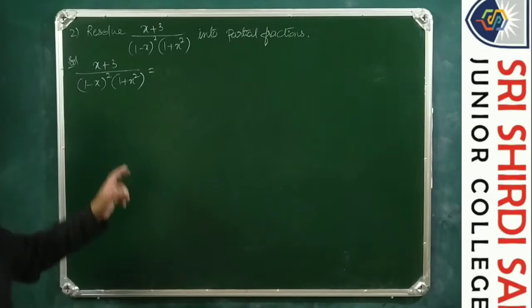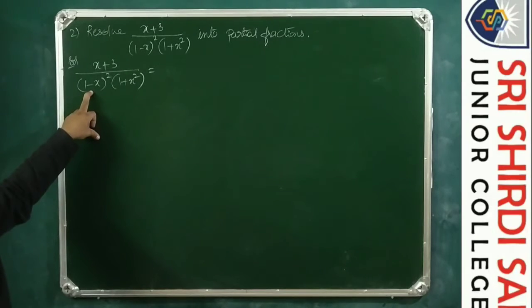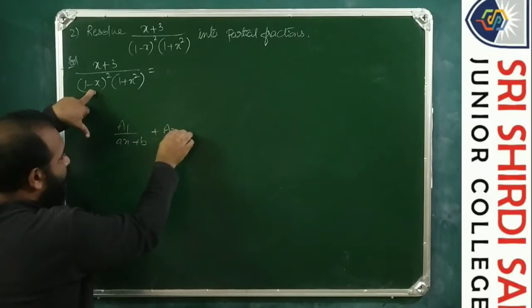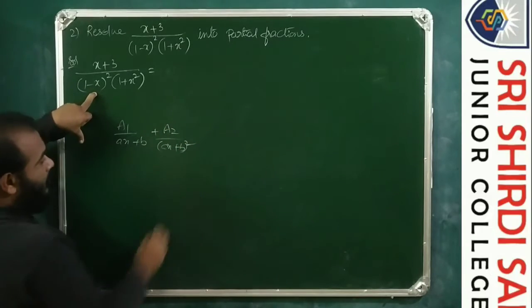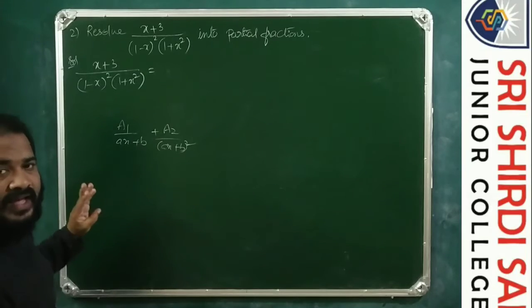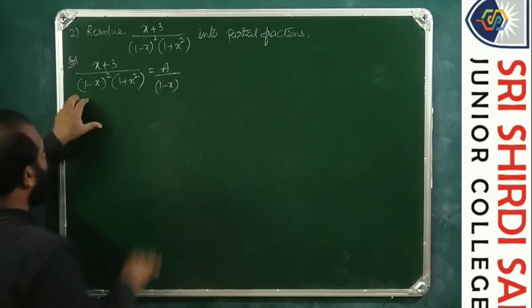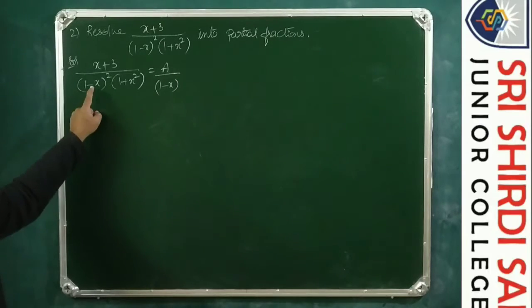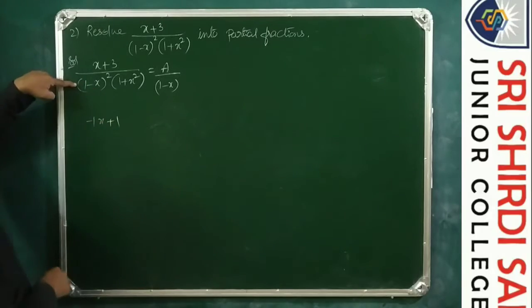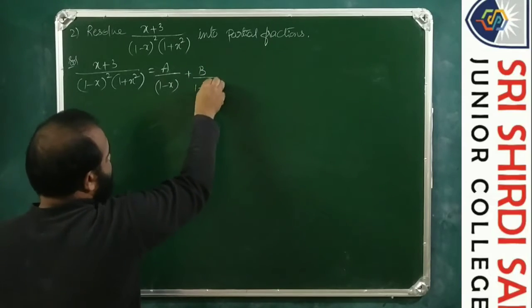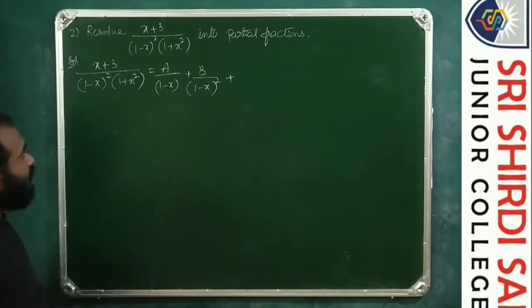For every repeated linear factor ax plus b of the denominator g of x, there correspond partial fractions of the form a1 by ax plus b plus a2 by ax plus b whole square, etc. But instead of a1, a2, we will be using a, b. So this is equal to a by 1 minus x, because this 1 minus x is of the form ax plus b, minus 1x plus 1. So that is why a by 1 minus x plus b by 1 minus x whole square plus